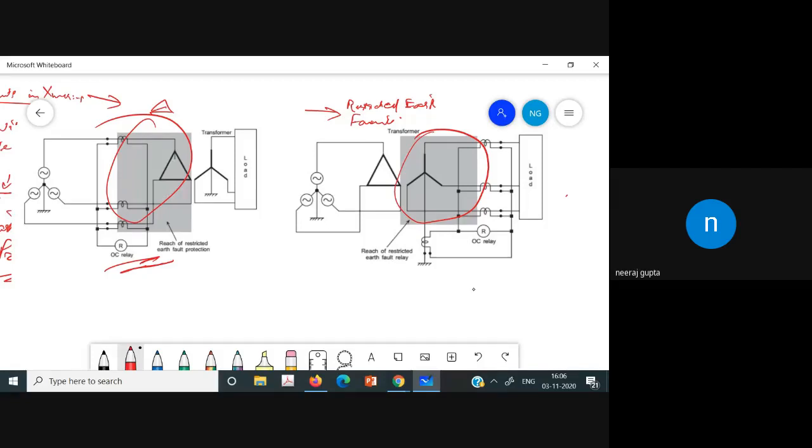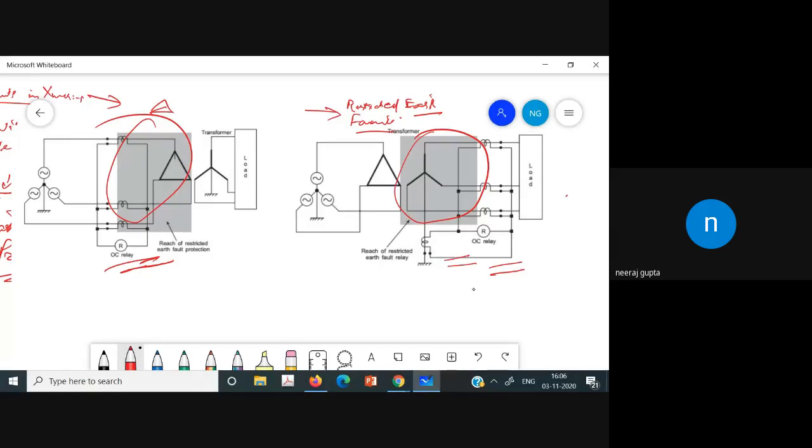However, if the ground faults are beyond the star side anywhere in the system, they do cause current to flow in the secondary of the CTs, and the current circulates through the CT in the neutral path and the CT of the faulty phase. So no spill current flows, and the scheme remains stable on the external fault in that case. So this is the restricted earth fault protection on the star side, and ground protection is also provided in this case. So this is the high resistance ground faults in the transformer.